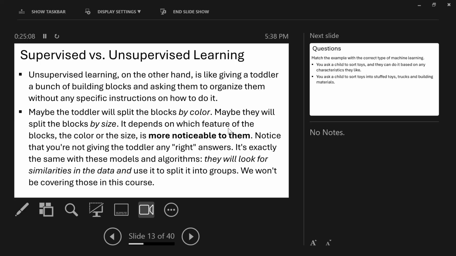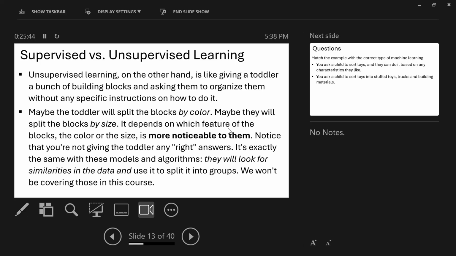In supervised learning, you will show the computer that this is the data, this is the answer, so that when it finds another similar data, it will say, okay, I've seen this before, so this is it. But in unsupervised learning, you are not labeling the data. You just give it different kinds of data and ask it to find the similarity. What's the connecting link in that particular data?